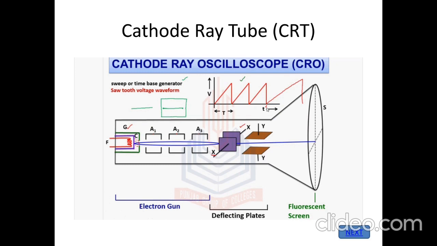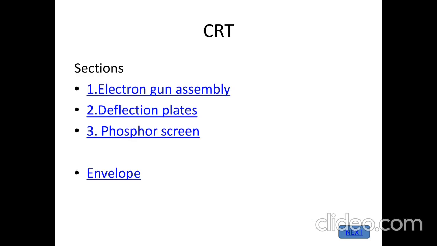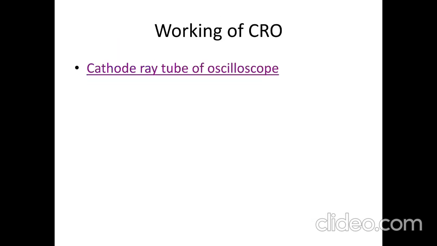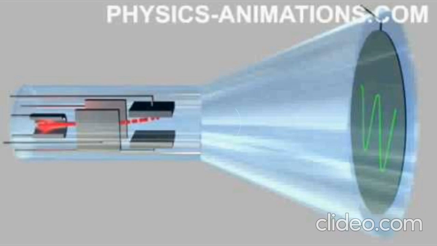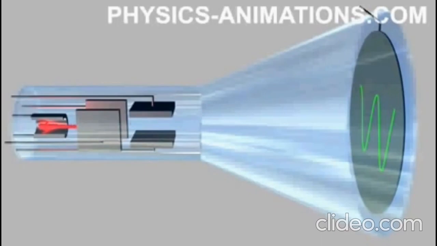So whenever an electron strikes the screen with very high velocity, it generates a bright spot on the screen, and the beam is going to move very fast. That is what I have told in this diagram. In the working principle, if you are going to see, this particular waveform is moving very, very fast, and the striking is very fast.